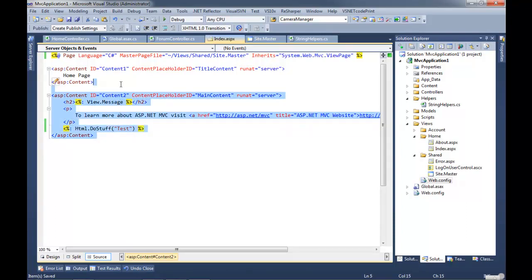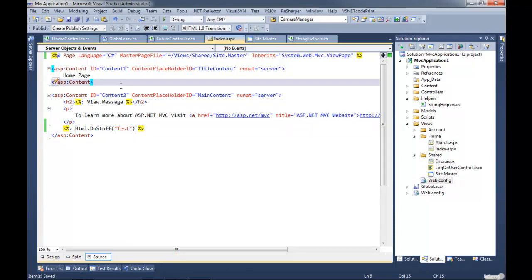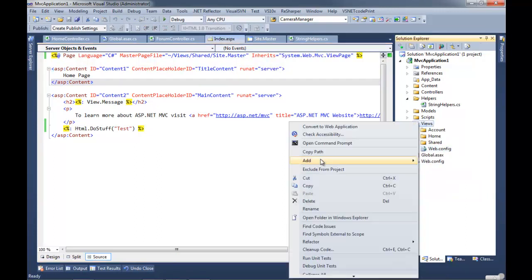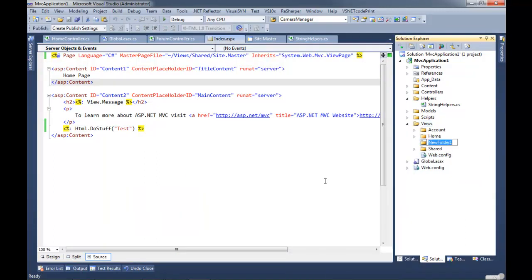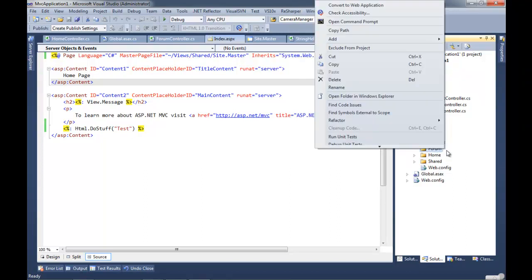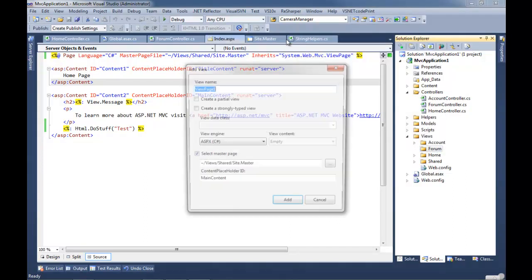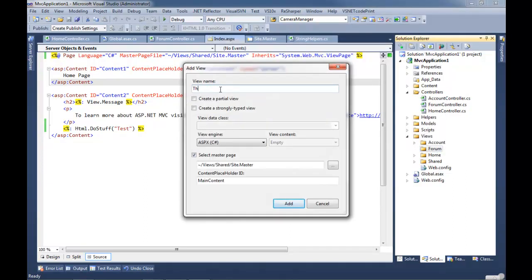So we have this, and at this point, let's go ahead and create a new view for a thread page, and then let's ditch this example and look at Razor. Why did I put in string? Because I saw that string and then another word, and I thought it was controller. And we'll add a new view. This is going to be a thread view. It's going to have a master page, and we're going to use the ASPX view engine.